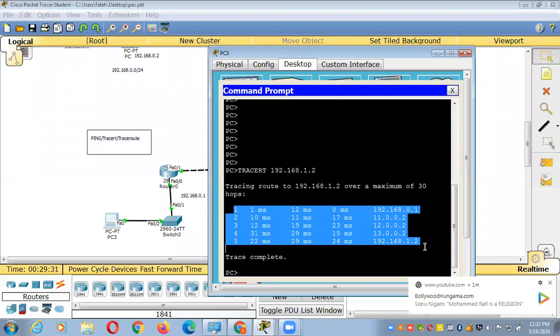Tracert is a command by which you trace the route. But I have a question here: how is it helpful for troubleshooting?